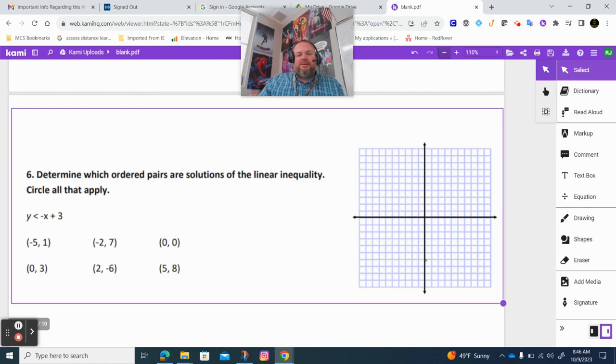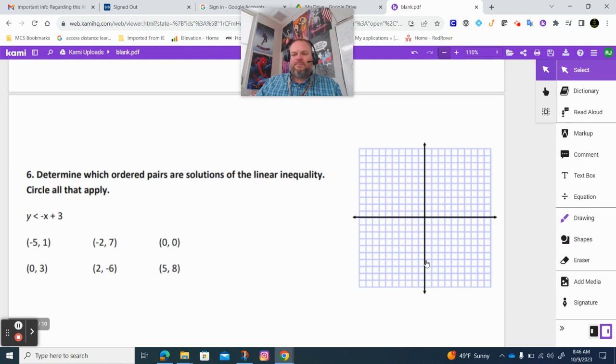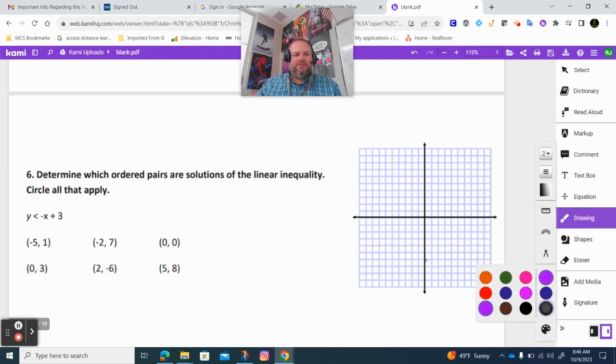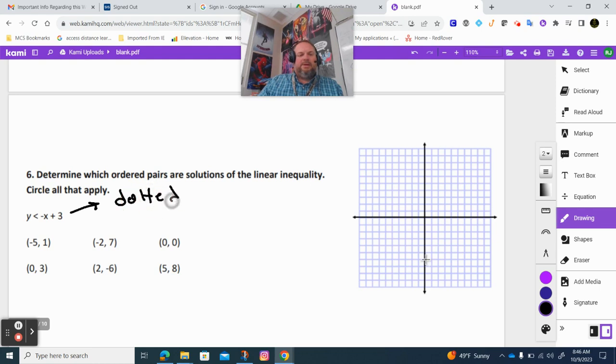Determine which of the ordered pairs of the linear inequality are solutions. Oh, words are hard. All right. So let's graph this thing first. First of all, is this going to be solid or dotted? It's going to be dotted. Which way am I going to shade, up or down? Shade down because the y is not being eaten. My B is 3, and my M is,